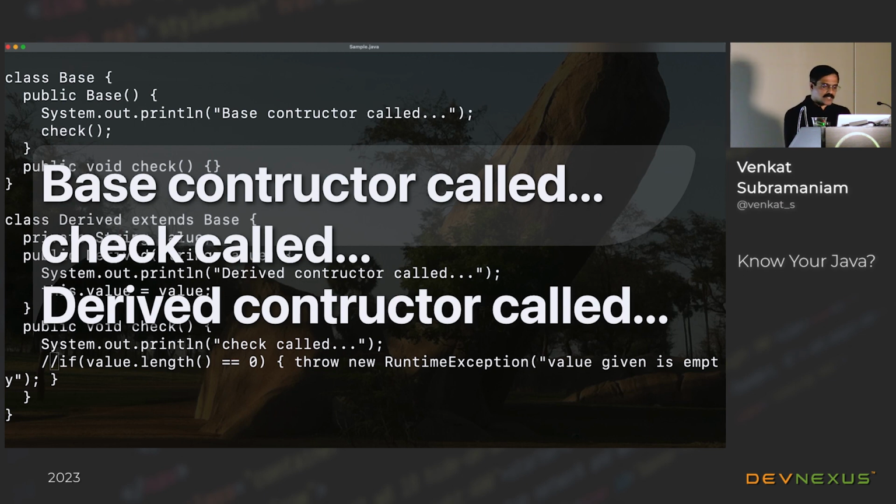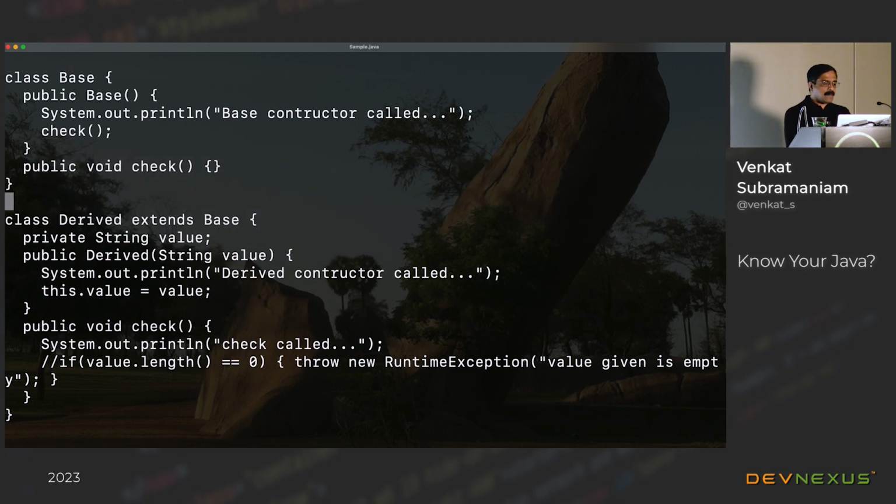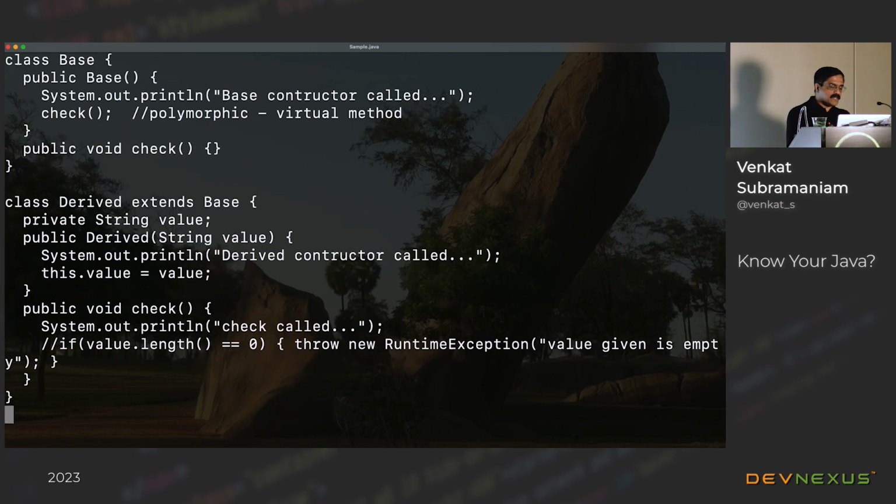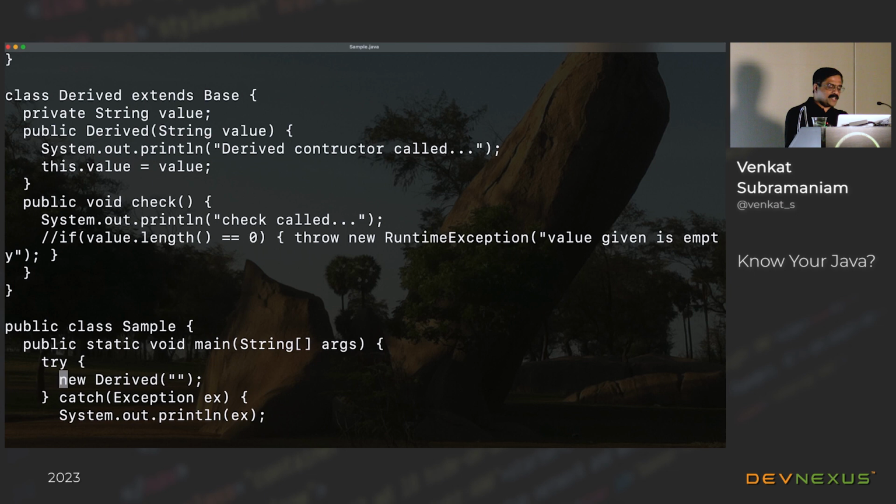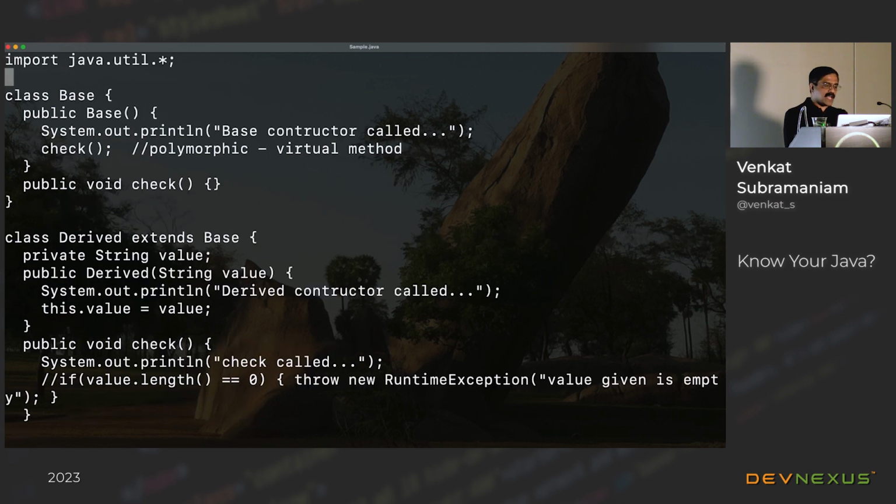So essentially what's happening in this case? What's happening here is, this is polymorphic, right? So essentially, it's a virtual method. So the runtime says, hey, what are you doing? I want to create an object of derived, but that's an extension from the base class. No problem, call the base constructor first, then call the derived constructor.